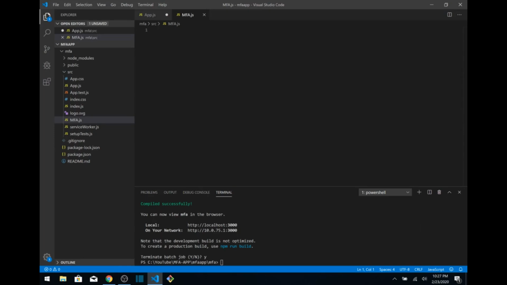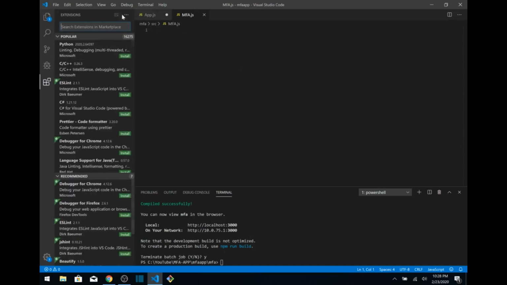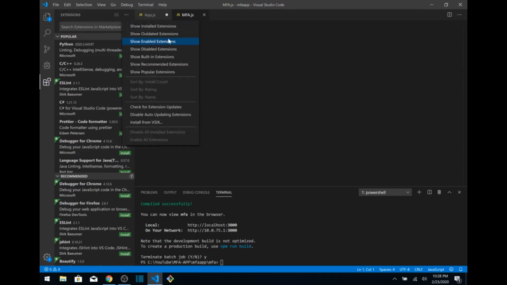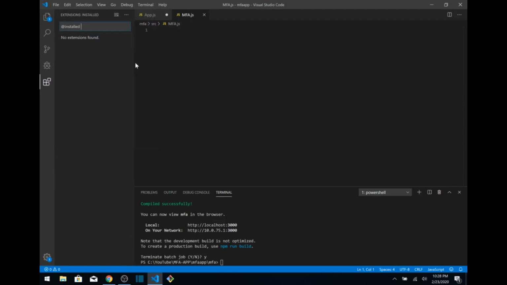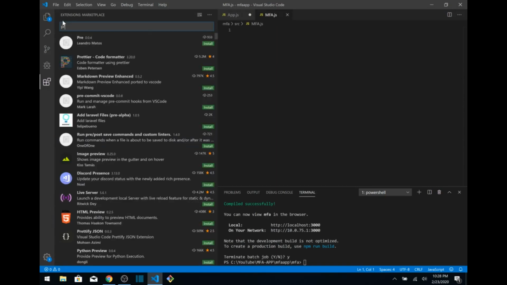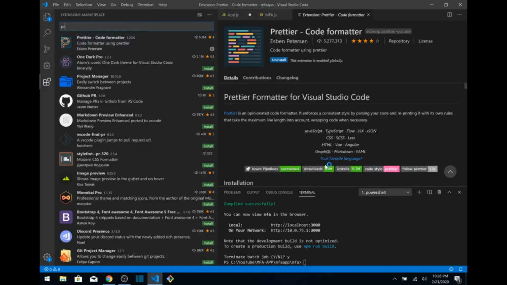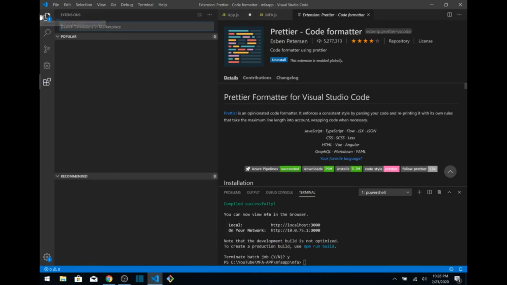And what I'm going to do, I need to install two plugins for my Visual Studio Code. One is Prettier and the other one is React Snippet. And if you go to this place, and if I filter by show installed extensions, no extension found, right? So we're going to go ahead and use Prettier. There it is. We're going to install this guy. It's just a good formatter. It's going to make our application look better. And also I'm going to use React,